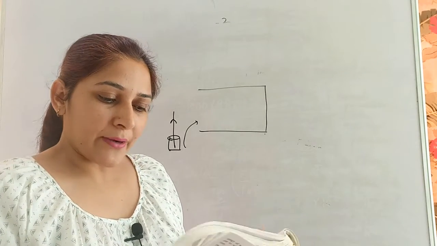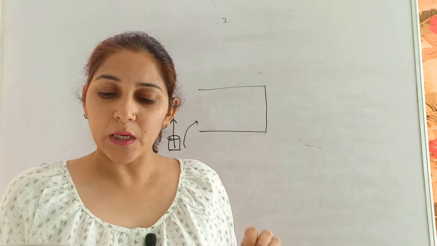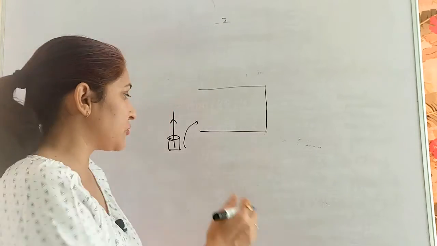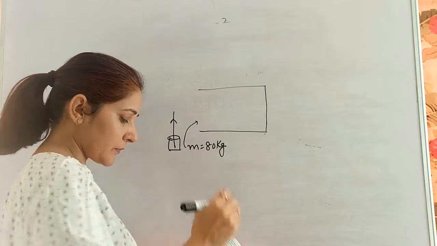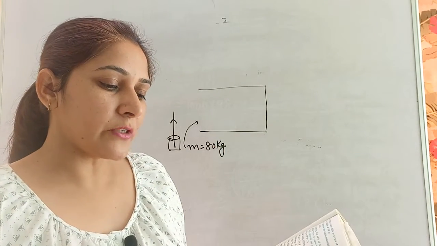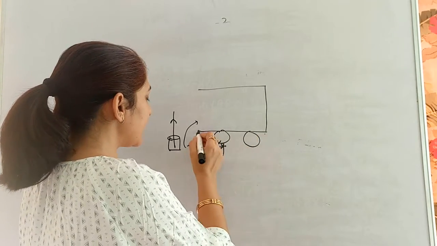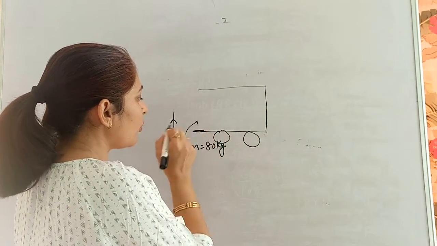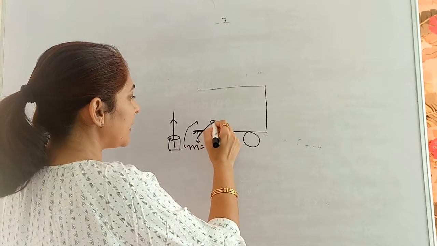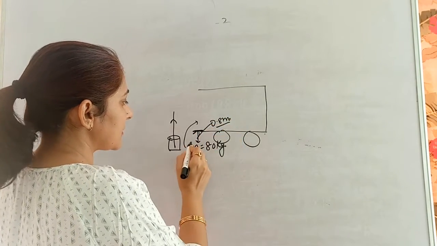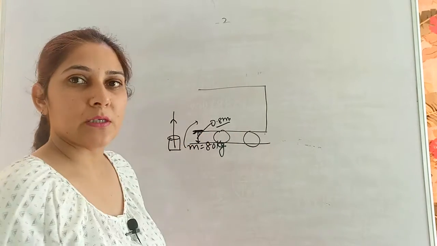Fine. A truck driver loads some oil drums into a truck by lifting them directly. Each drum has a mass of 80 kg. The mass of this drum is given as 80 kg. Okay, and the platform of the truck is at a height of 0.8 meter. If these are the tires, this platform up to which the drum is to be raised is 0.8 meters from the earth's surface. This is the earth's surface, suppose. So from here this platform is 0.8 meters